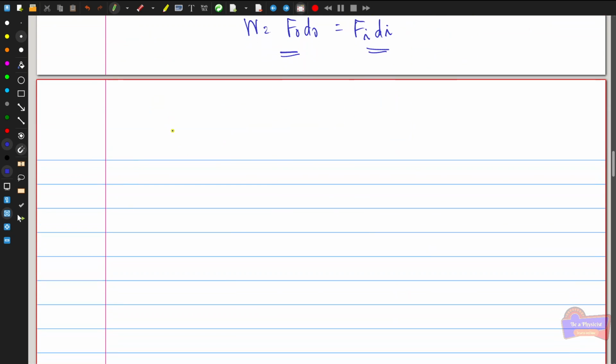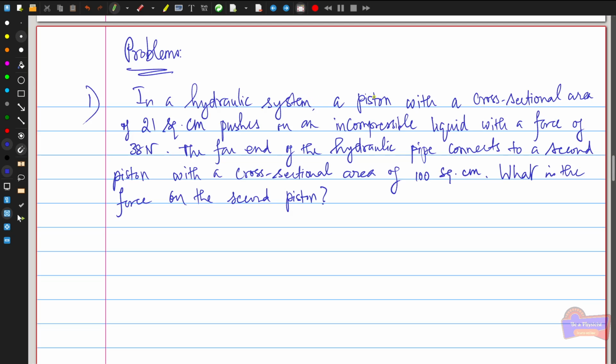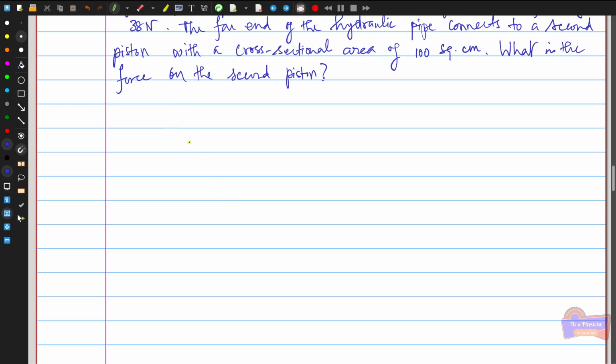The first problem: in a hydraulic system, a piston with a cross-sectional area of 21 square centimeters pushes on an incompressible liquid with a force of 38 newtons. The other end of the hydraulic pipe connects to a second piston with a cross-sectional area of 100 square centimeters. We have to find the force on the second piston. We already know that according to Pascal's principle,